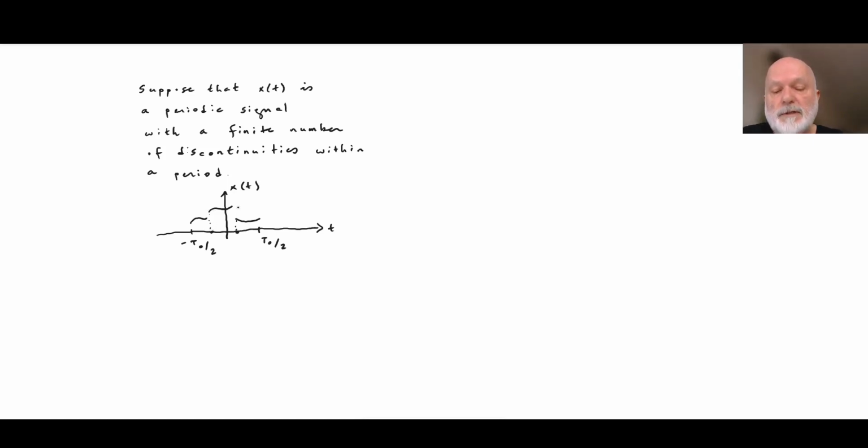signals with discontinuities are very common in signal processing applications. So we ask the question related to the convergence of the Fourier series at the points of discontinuities. Okay, now we are going to answer this question in a not very formal way, but in an intuitive way, by means of the Dirichlet kernel interpretation.